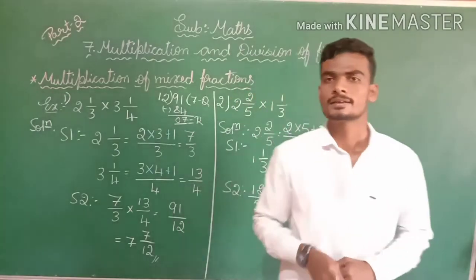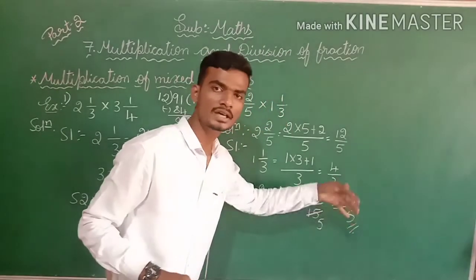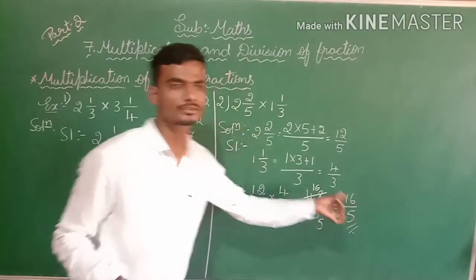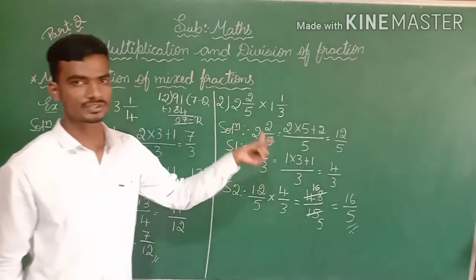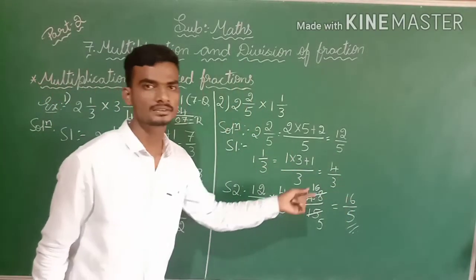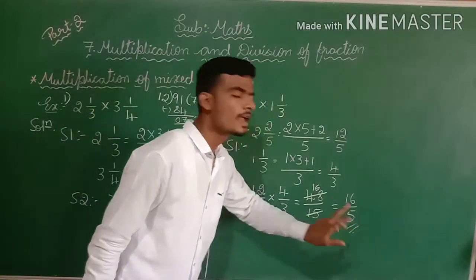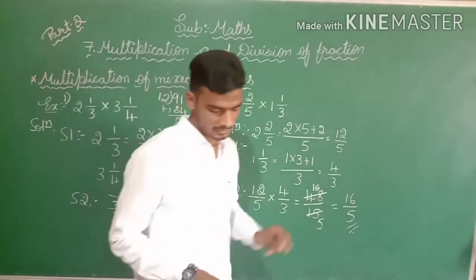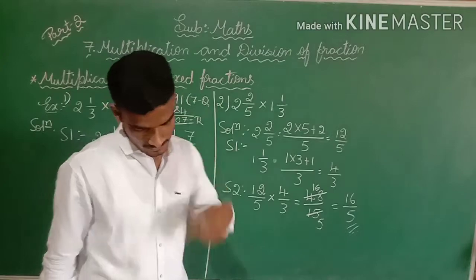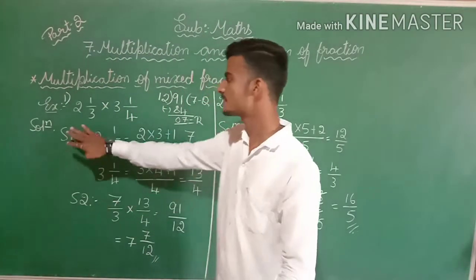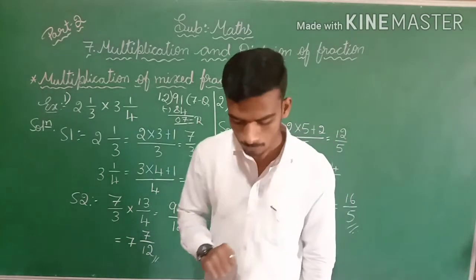If again you want to convert this into a mixed fraction, what do you have to do? You have to follow this division method. Then after that, whatever the quotient is, you have to write, and the remainder part you have to write at the numerator part, and the denominator you must write the same. This is also a problem I have taken from your exercise 7.1. That is the third problem. This is the second problem and this is the third problem I have taken. Remaining 2 problems are there.